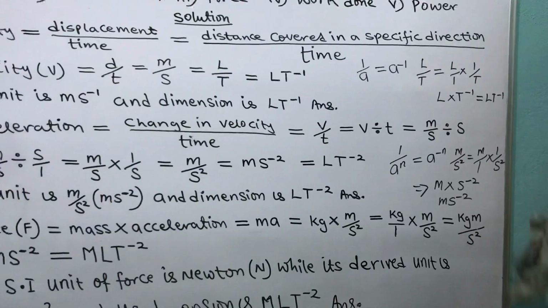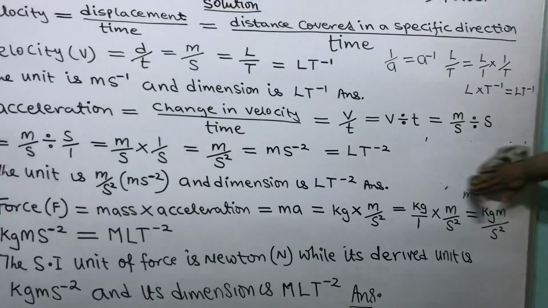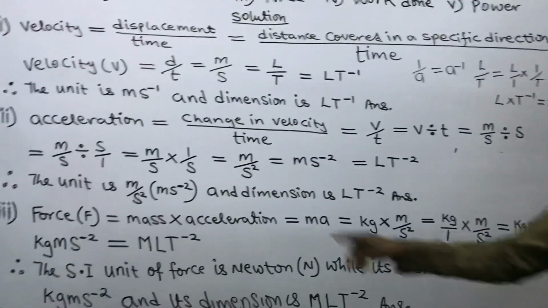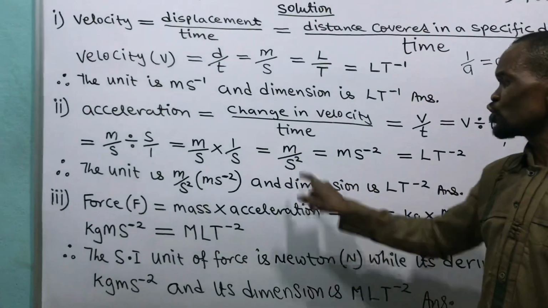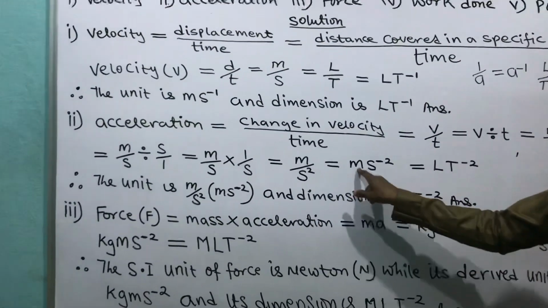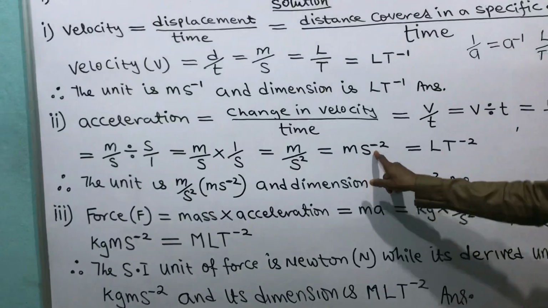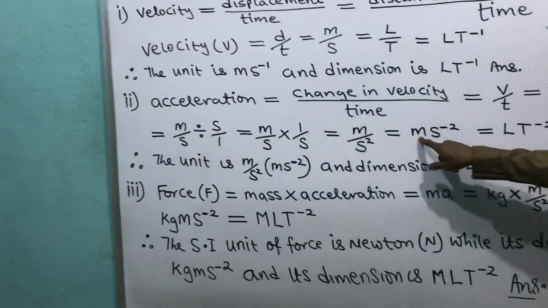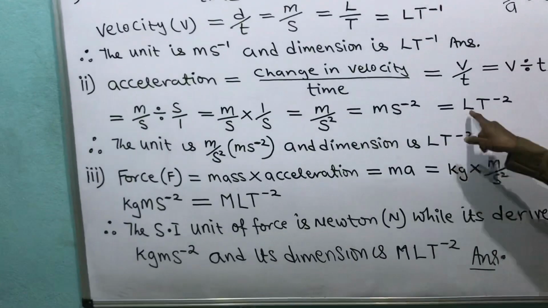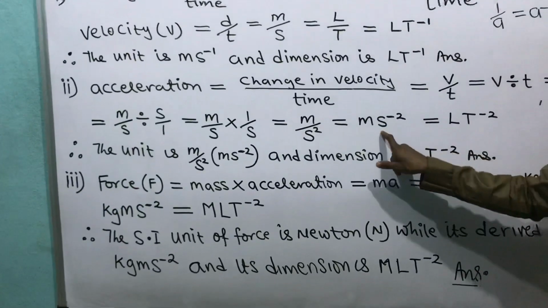That's what we mean by that. Then here, I have meter per second squared, which gives me meter per second to the power minus 2. The dimension of meter is capital L, and the dimension of seconds is